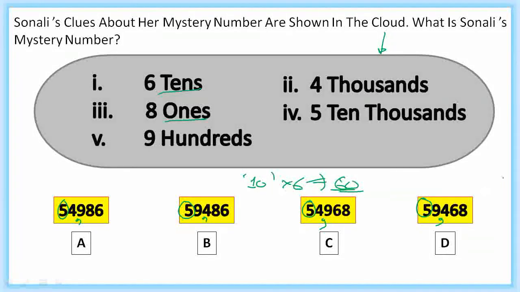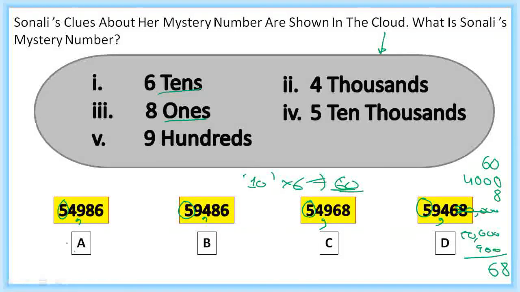We will get 6 tens to be 60, 4 thousands to be 4000, 8 ones, that would be 8. 5 ten-thousands, I will get 50,000. It's not clear, so I'm going to write here 50,000. Then I get 900. Now add them. Here in the last column, I will get 8. Then I will get here 6.